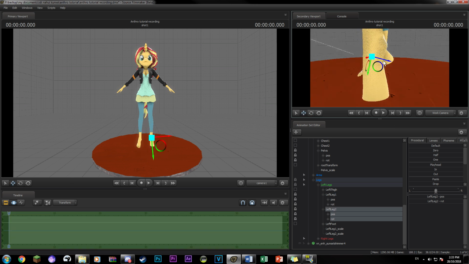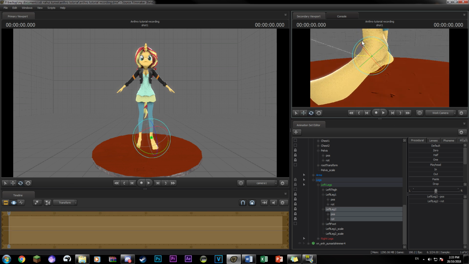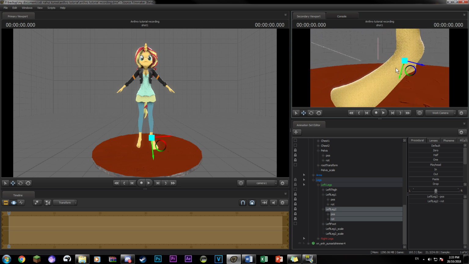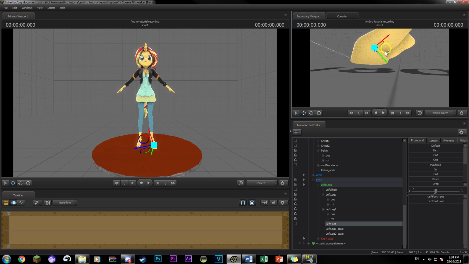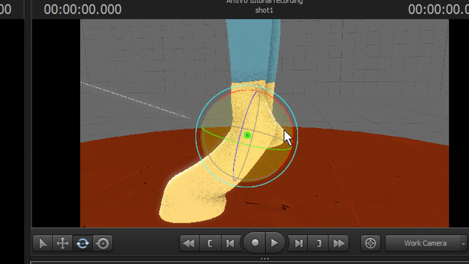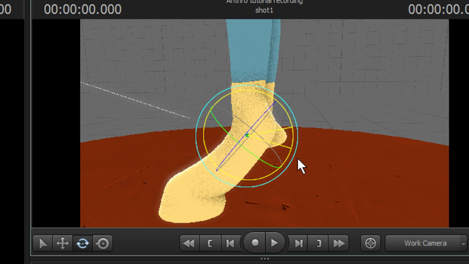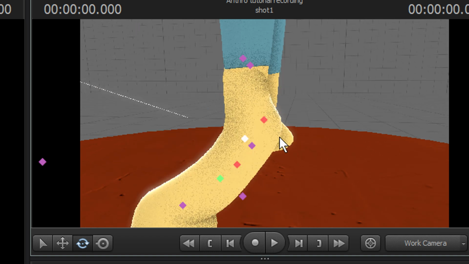For left leg 2 you want to rotate it forward to cover the toes and then move it down so it covers the ball of the foot. You also want to rotate the pony model's left foot control so that it becomes parallel to the floor, and I also move it up a bit so that the hoof is shorter, mainly just for better proportions and look. Now you should test the rotation of the foot, and in this case the ball of the foot is clipping through the back of the hoof when it's rotated, so it still needs to be moved down and back a bit more.